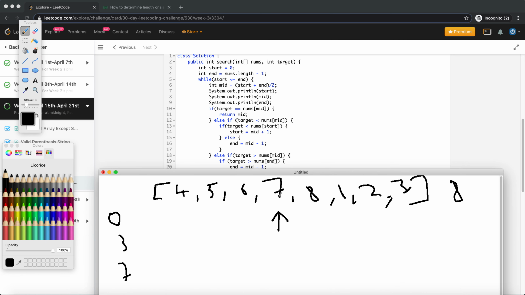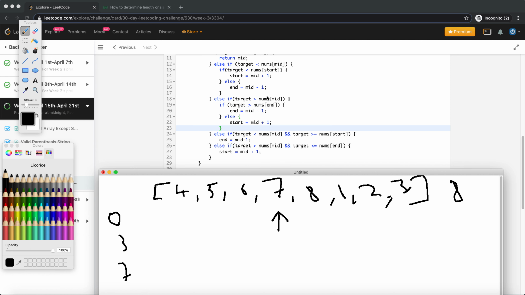So what happens now? 8 is greater than nums of mid, right? And 8 is greater than